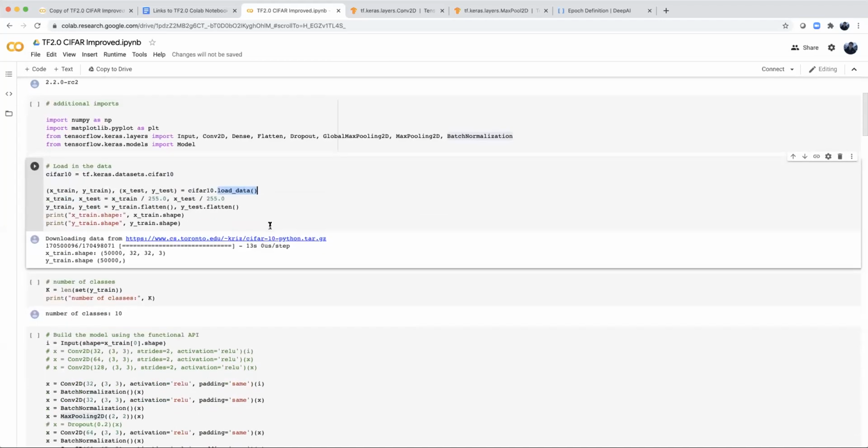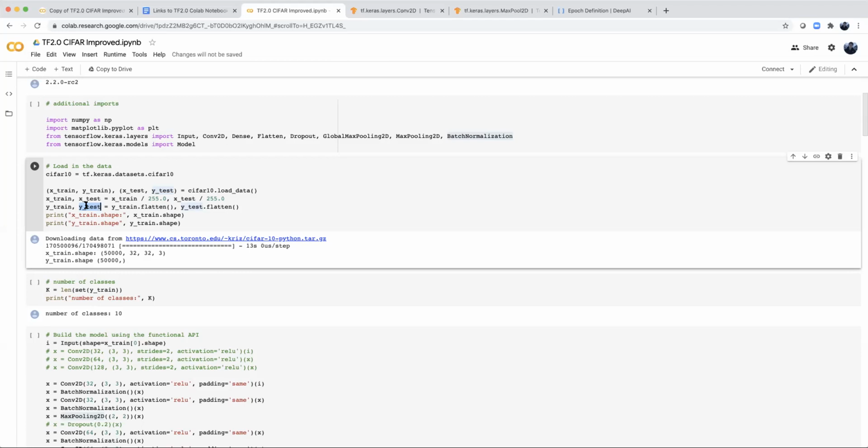by using the load data function. Then I normalize the dataset a little bit because the data has pixel values up to 255 for each data point. After that, I flatten the training and test labels into one row, or you can think of one column. Because as we mentioned previously, what we do is a classification problem, right? So at the end, we're going to have a bunch of numbers with one dimension, one by n or n by 1, within which each number indicates the probability that this image belongs to the